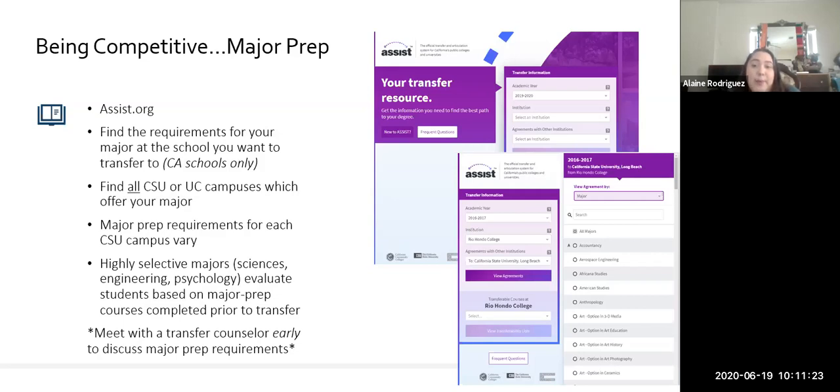And then agreement with other institutions. You would put the campus that you'd want to transfer to. So in my case, I would put Cal State Fullerton. And then I would put new agreements, and then it takes you to another page where you can click the major. So I would go all the way down, scroll down until I find psychology. So once I click on psychology and I click on view agreements, I'll be able to see the major prep